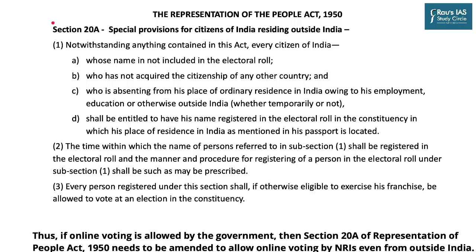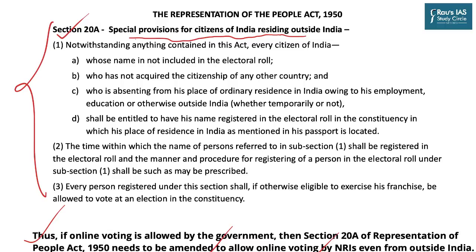Now, the pertinent section of the Representation of the People's Act 1950 is Section 20A, which is about special provision for citizens of India residing outside India. And so, if online voting is allowed by the government, then Section 20A of the Representation of the People Act 1950 needs to be amended to allow online voting by NRIs even from outside India. So the